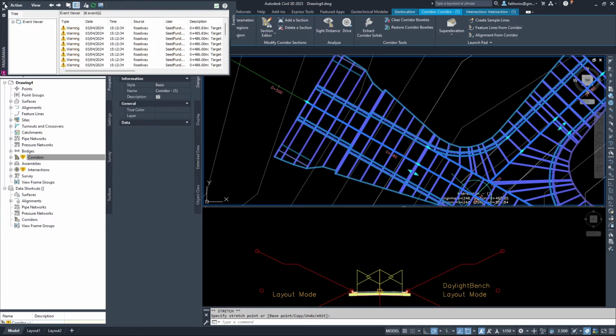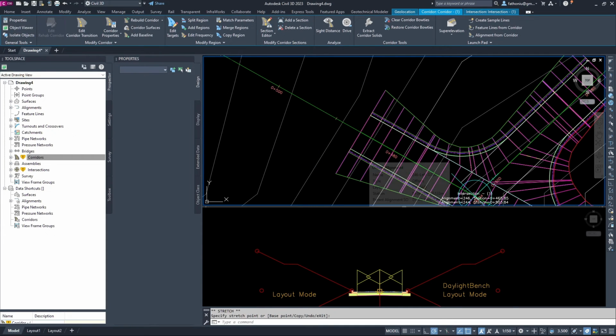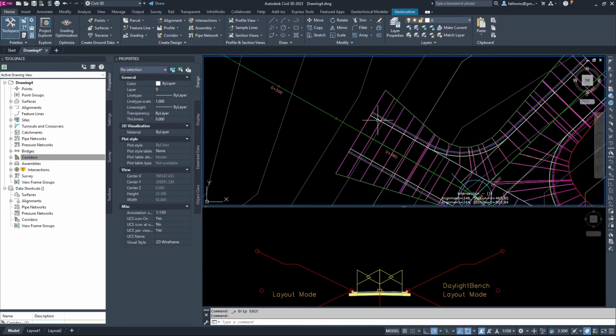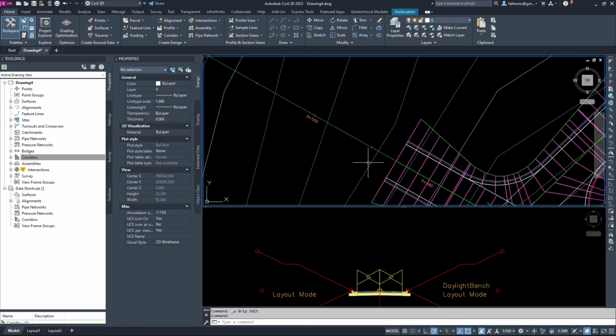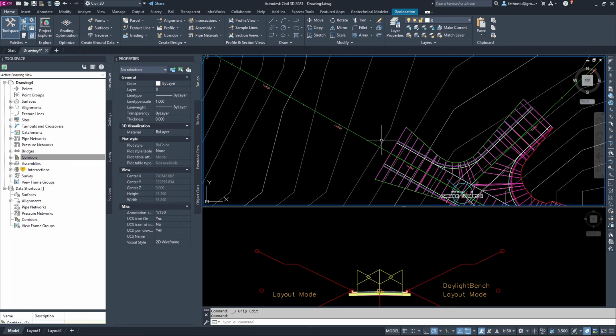But the problem is it has an offset here. So once you stretch this one, the code cannot read the offset here. But it is only a warning. It's okay, no problem. Let me do something like this.